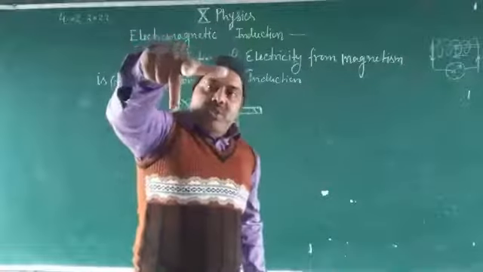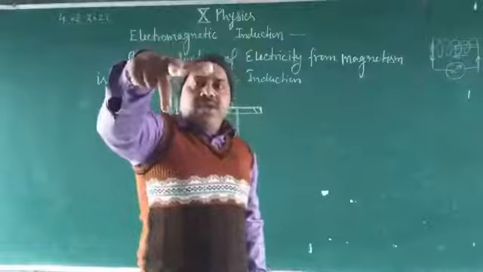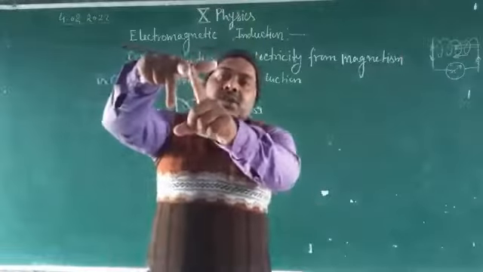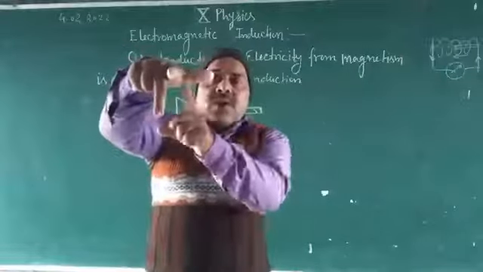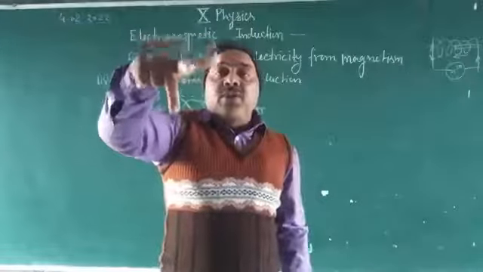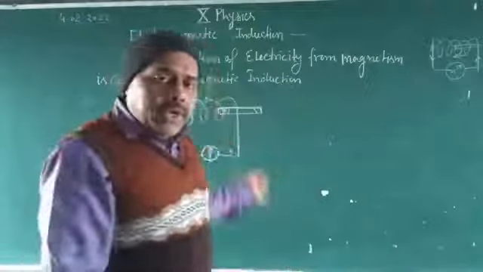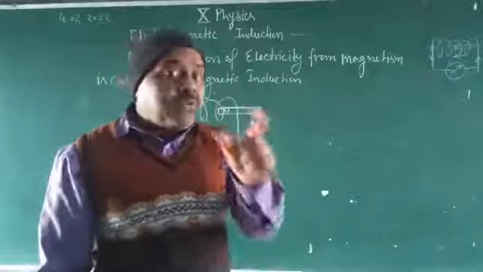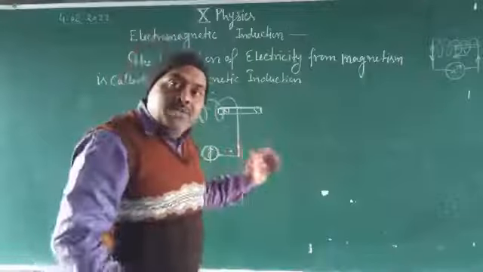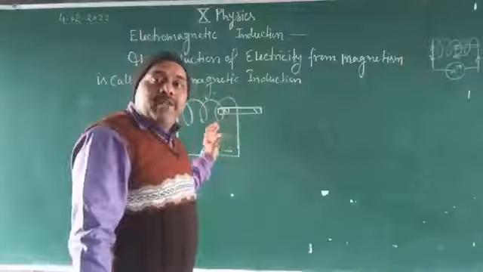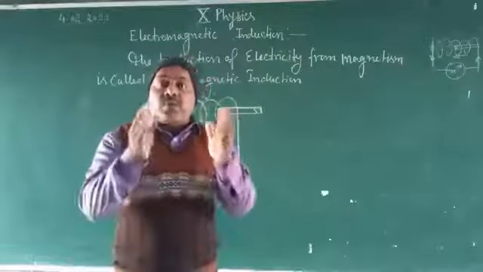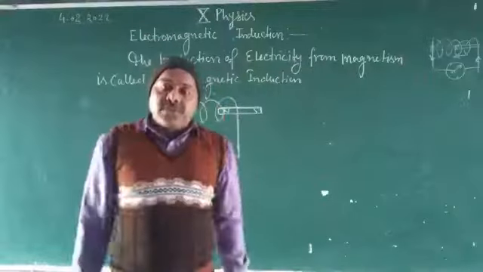When we stretch all three fingers of the left hand so they are mutually perpendicular to each other, the forefinger points in the direction of magnetic field and the thumb in the direction of force. Then our central finger gives us the direction of induced current. Induced current is produced due to the change in magnetic field lines of force, changed by the relative motion between the coil and magnet, or when the wire is placed between the two poles of a strong magnet.